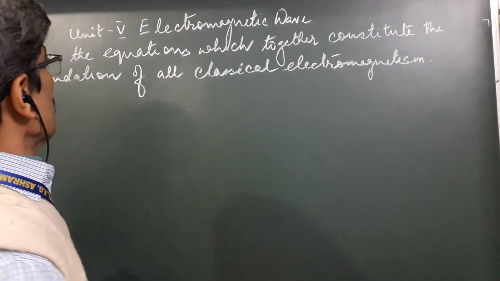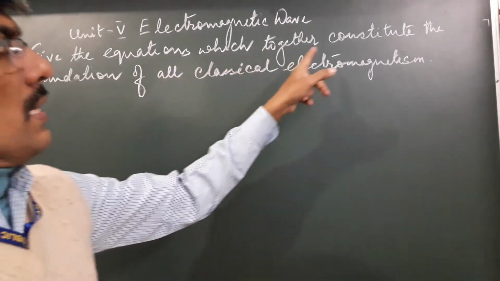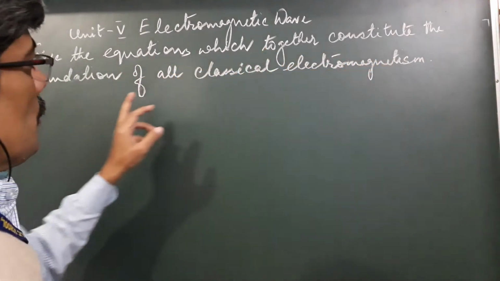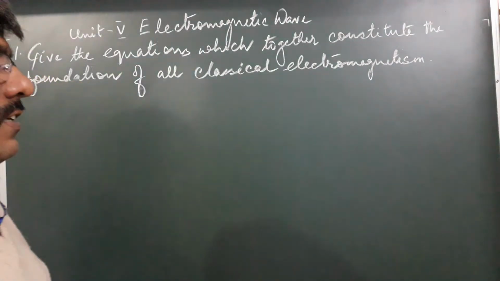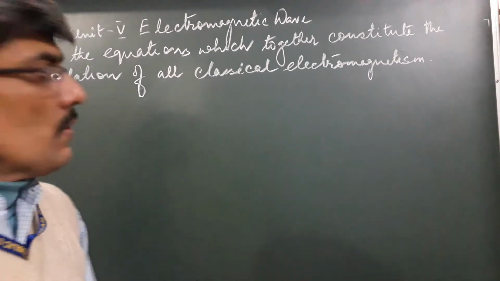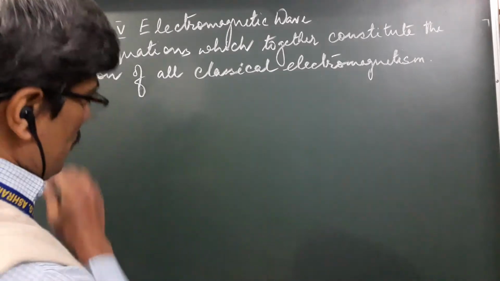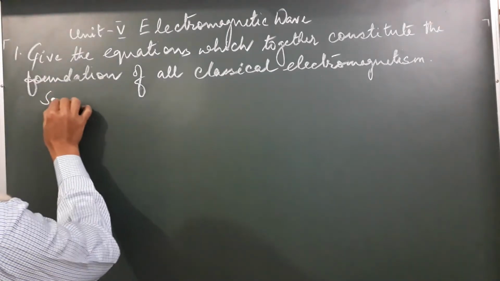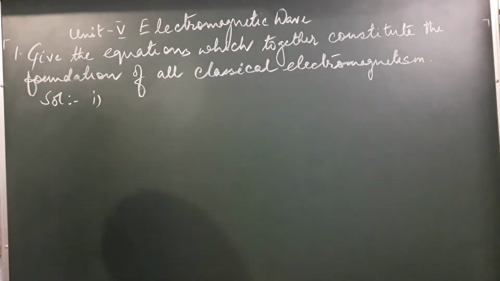The first question. Give the equations which together constitute the foundation of all classical electromagnetism. Classical electromagnetism is governed by a few equations. What are those equations? You have to list all those equations. So let us list all those equations. The first equation,